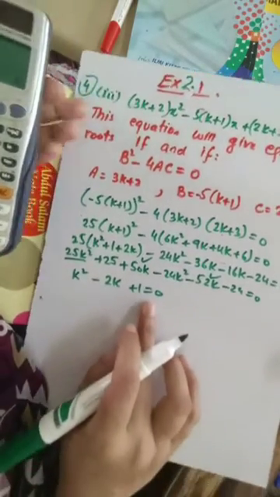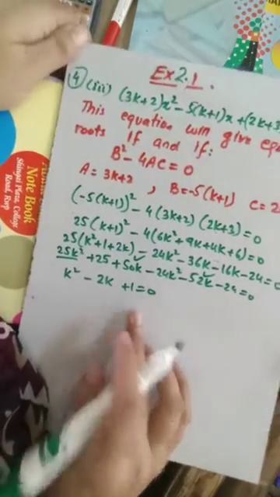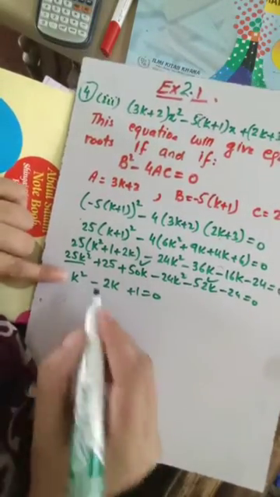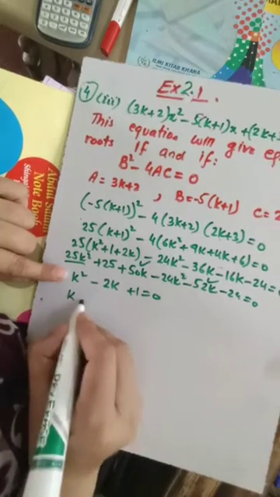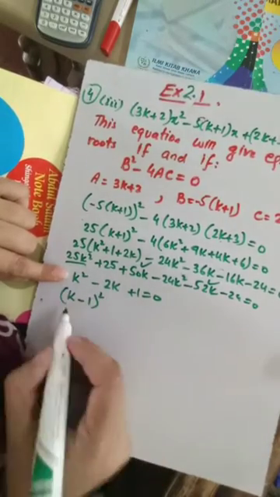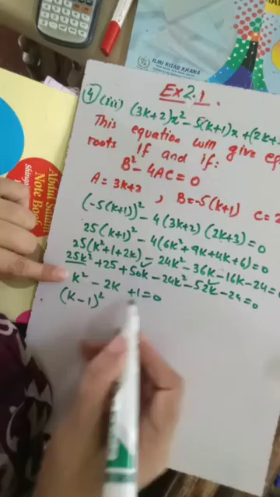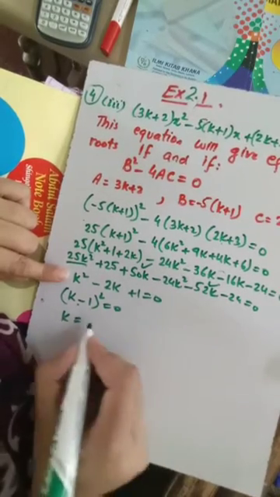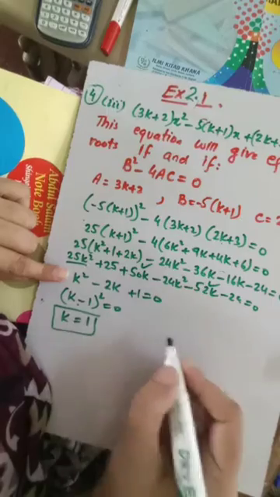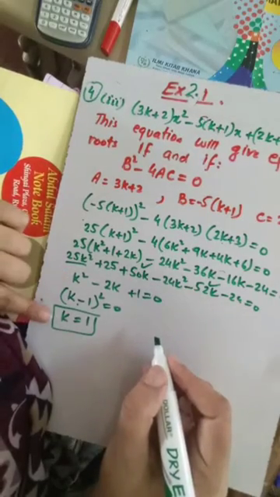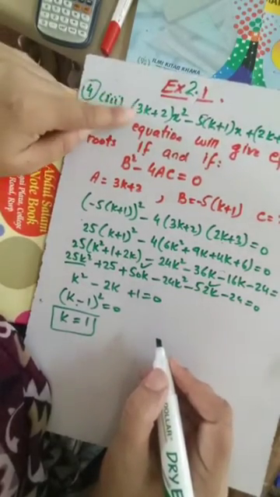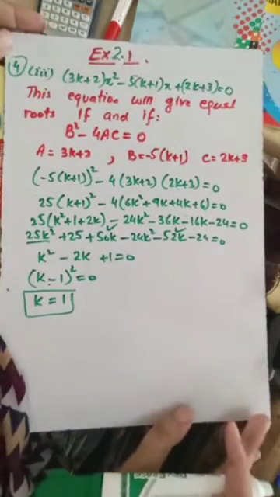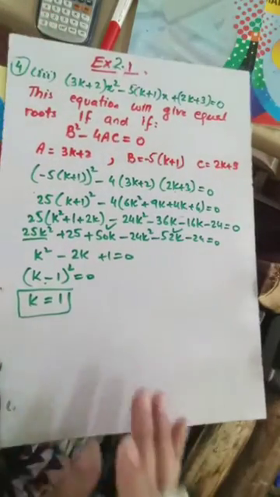So again we are getting a quadratic, and we need to solve it to get to a solution. As you may see, this is a perfect square, because this is equal to k minus 1 whole square. If you open this formula, you have a square plus b square minus 2ab, so its value will be k is equal to 1. Okay, the equal roots. So k is equal to 1 for this expression. If you take k is equal to 1, you are going to get equal roots. So this is how you solve this question.